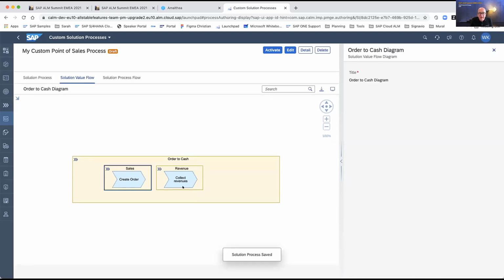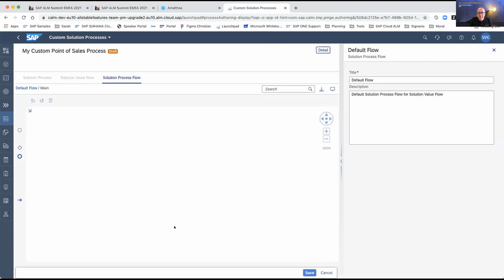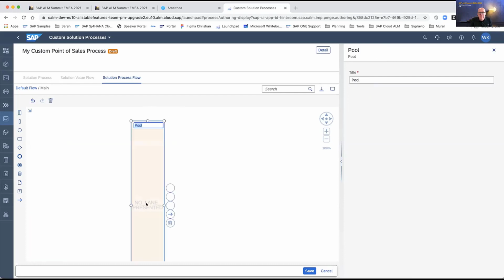And now let's say I also want to describe the details of the process execution. For that, I can jump to the solution process flow part, and I can hit the edit button. And now I have the full beauty of BPMN modeling available, because now I can add, let's say, a pool. This is my order to cash in the point of sales variant.